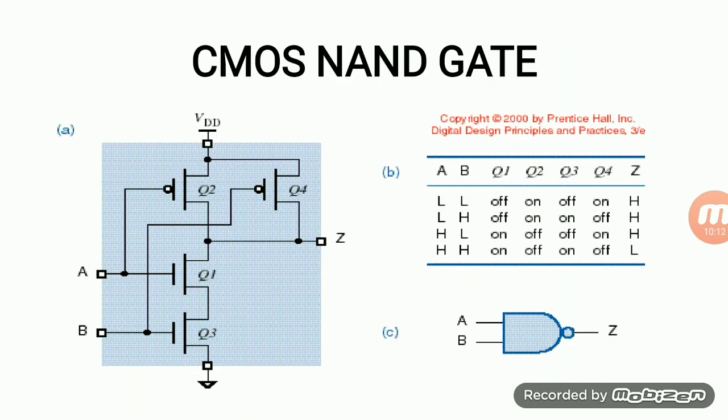Next, we go for CMOS NAND gates. Generally you can take the two-input CMOS NAND gate. Here A and B are the inputs and Z is the output. Whenever the inputs are more than one, we have some formulas. In case of NMOS, A dot B means we use a series connection, and A plus B means the transistors are connected in parallel. In case of PMOS technology, A dot B we connect in parallel, and A plus B we connect in series.